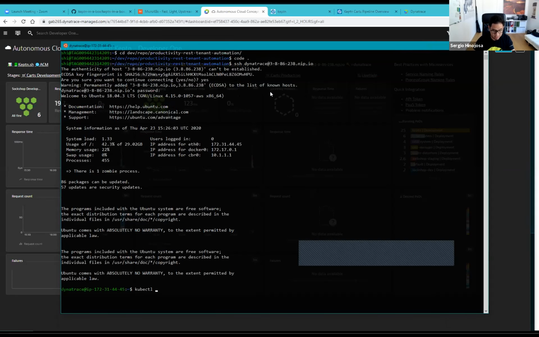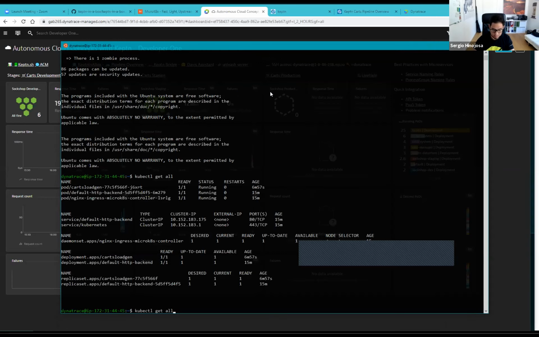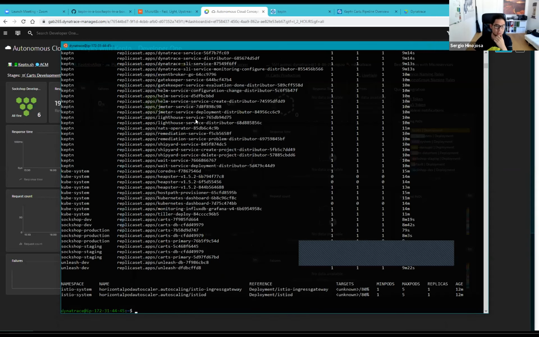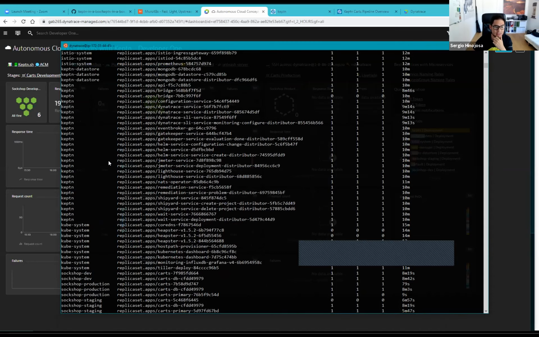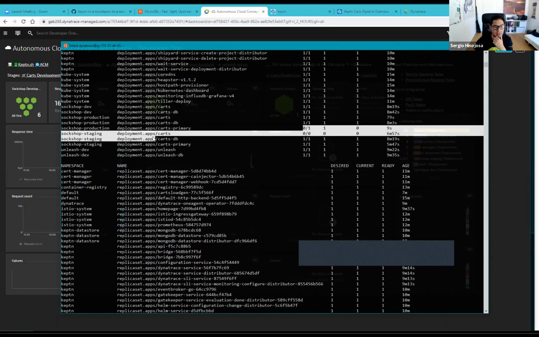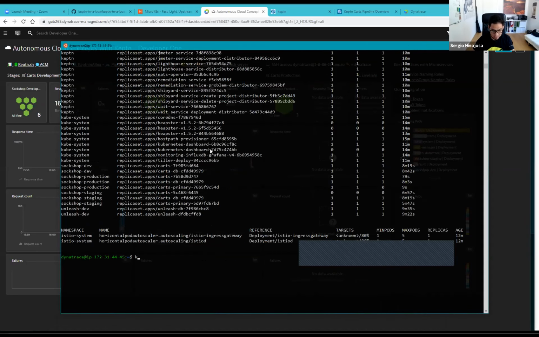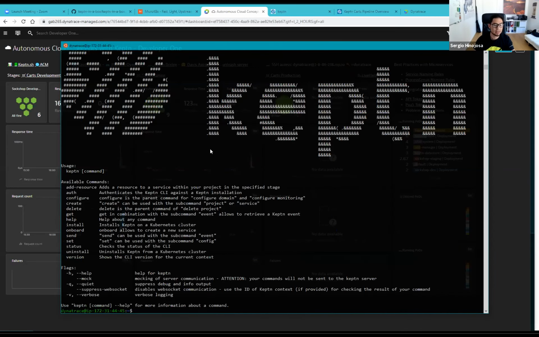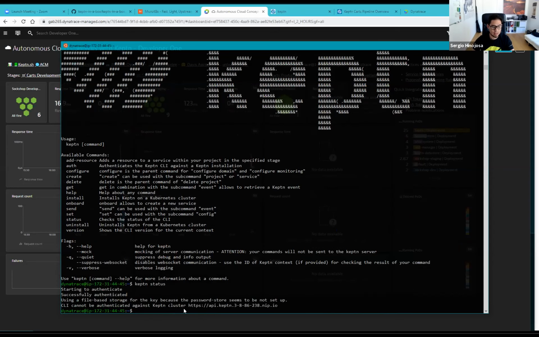So I can run kubectl, and I can see I'm already deploying. This is already everything deployed, right? Keptn, Cert Manager, and the sock shop. You can see the sock shop is there, and it's already started. Yeah, you have Keptn as well. Awesome. Exactly. Here, Keptn, and Keptn is already even configured, because if I do status, it says, hey, I'm already